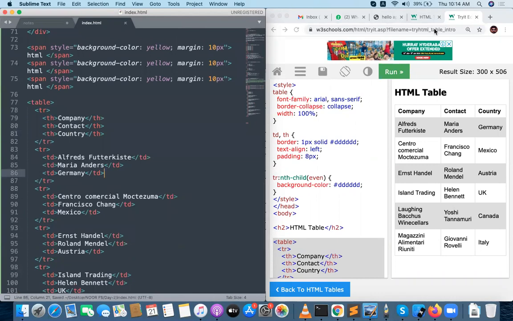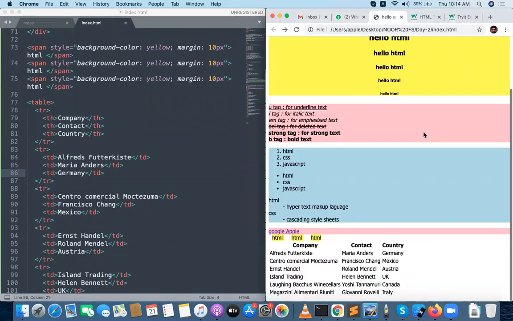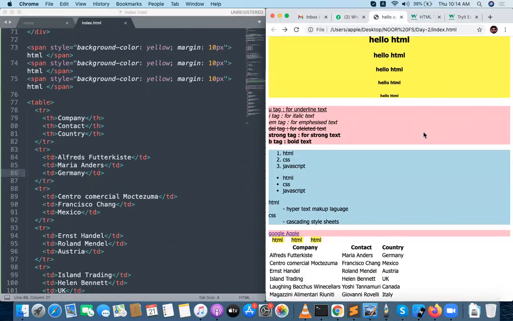Now you see the output of the table. But the table needs some properties, like width of the table should be 100%, and the table has a property called border 2 pixel.